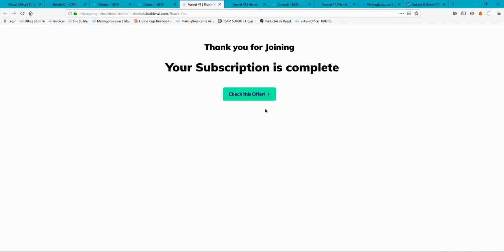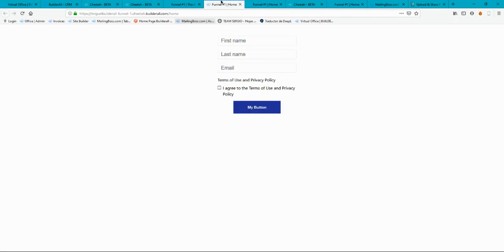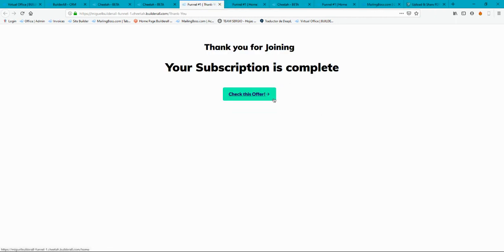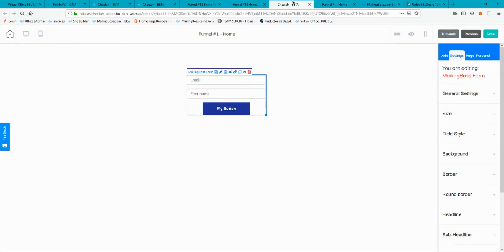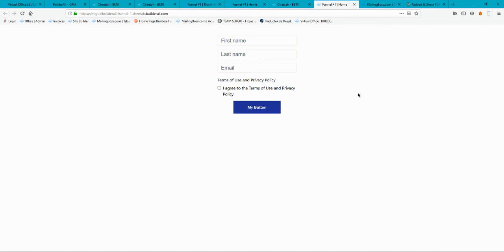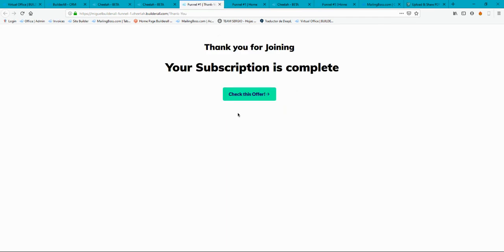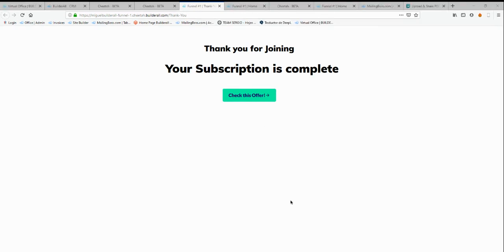So he can go into the thank you page, he can go into this email, he can go into the home page or any other additional step you can put up here. But this is how you hide or filter your thank you page, so you can avoid unwanted downloads from other people that didn't get into